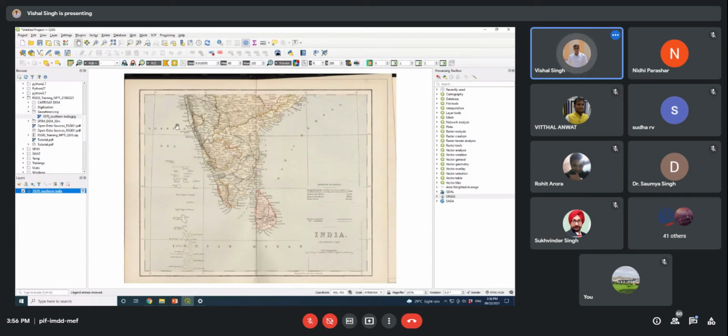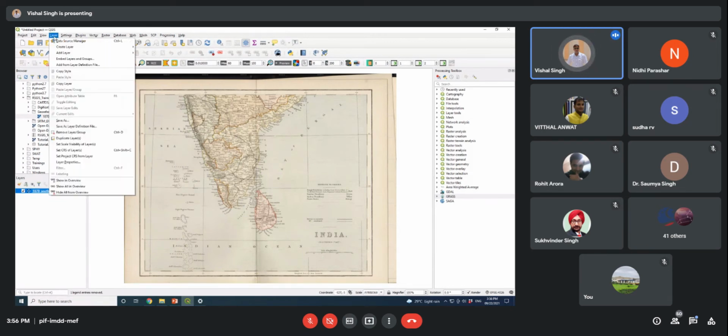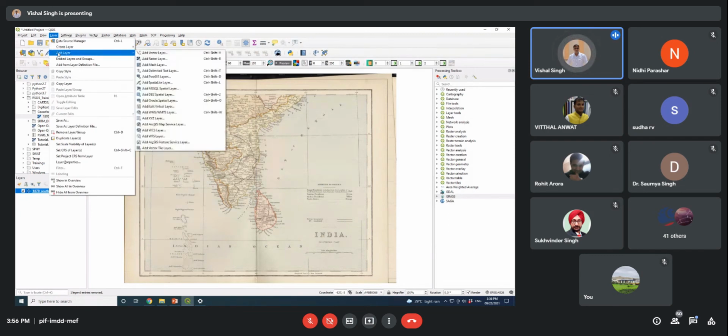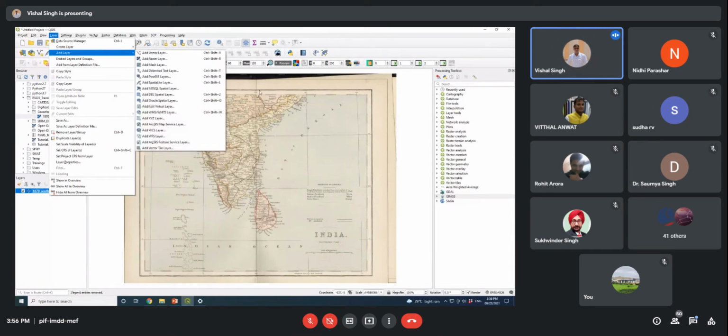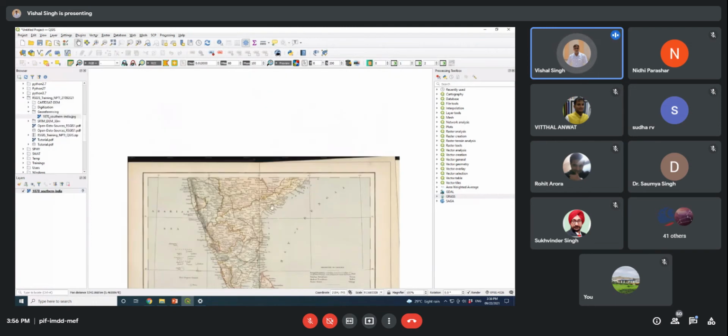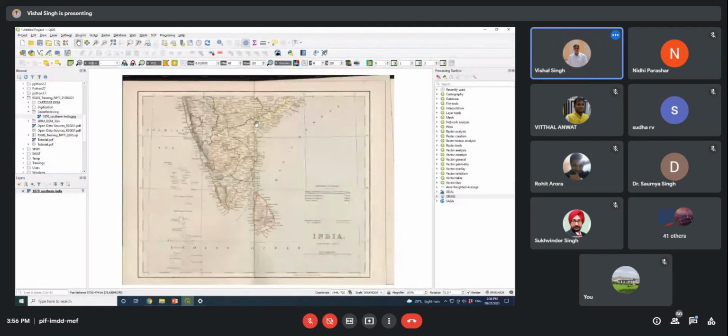So in this way you can add your data set. But the correct way is to first go to layer, then go to add layer, and choose either vector layer, raster layer, or any kind of data set that is there. Select the appropriate option, locate your directory where you have kept the data and open the data set.